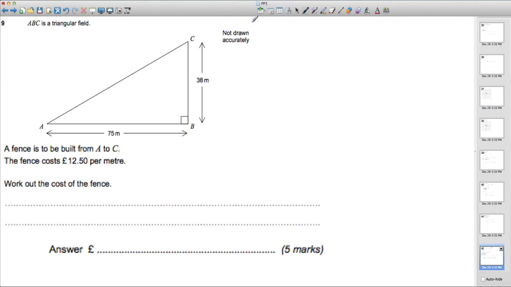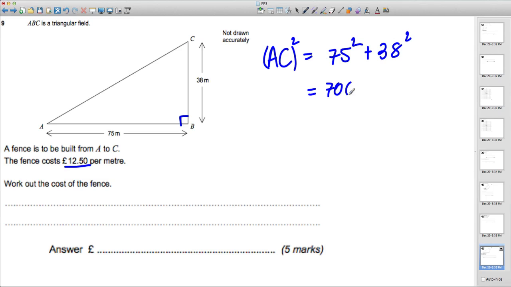Okay, question 9. ABC is a triangular field. A fence is built from A to C. The fence costs £12.5 per metre. Work out the cost of the fence. Simple Pythagoras. We know that the hypotenuse squared, AC squared, must be the two shorter sides squared, so 75 squared plus 38 squared. So that is 7069. That is the length squared, so the actual length must be the square root of this,